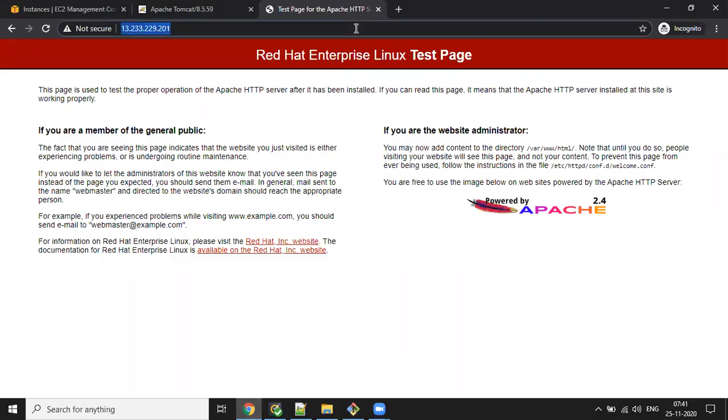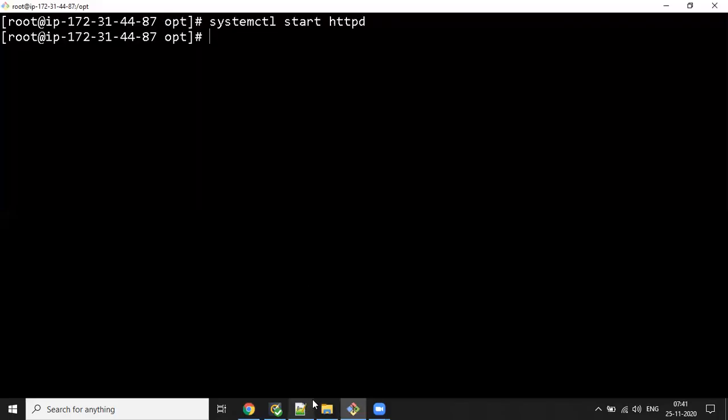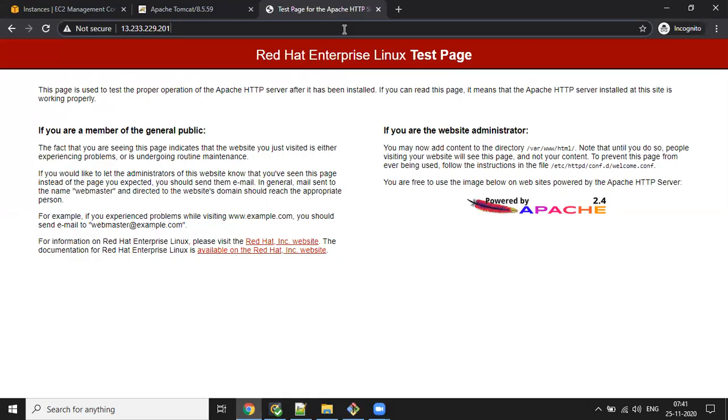Suppose if you edit any HTML content, then it will come here. You can just refresh this page, all the static HTML pages will come.